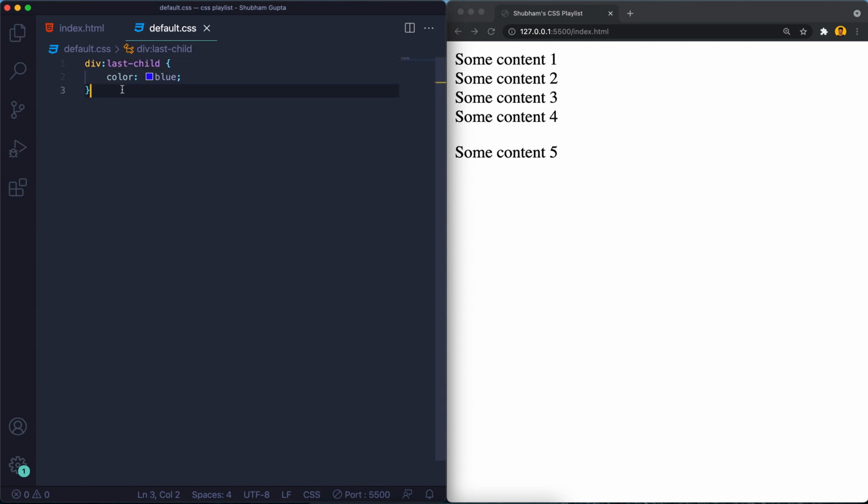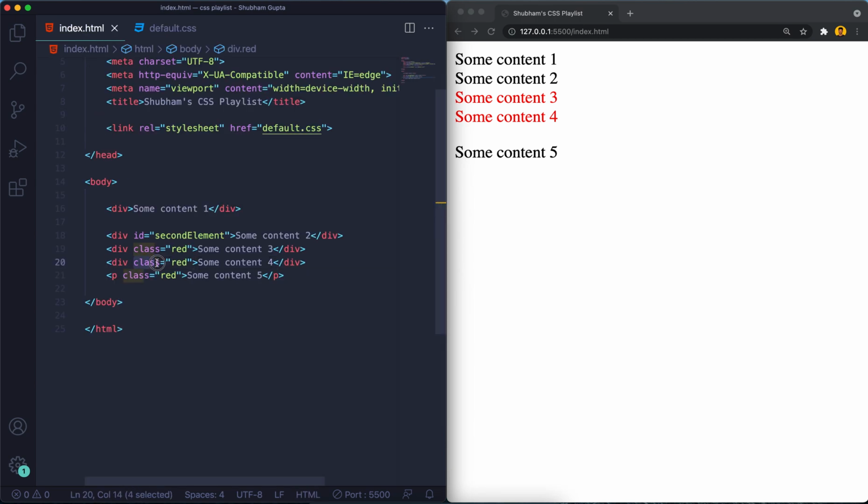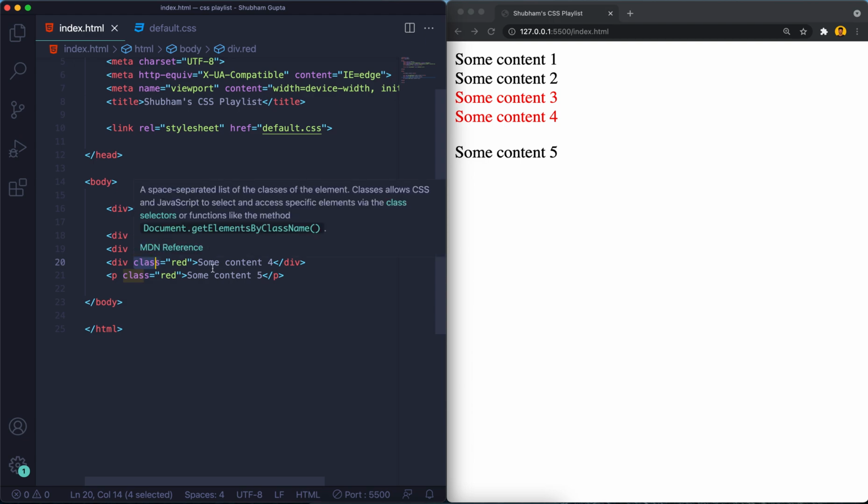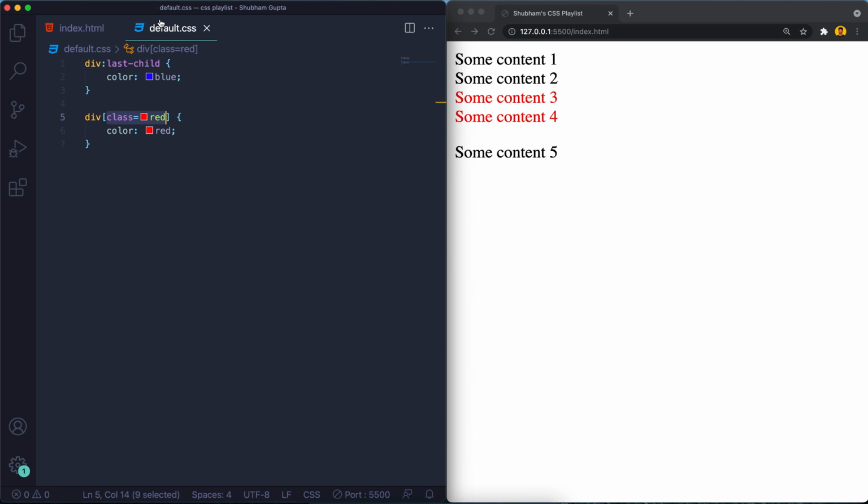We can also use a div which has class red to get color red. So this will also work. This is another way, by using the attribute. Whatever you have given in the attribute, not just id and class, anything else, if it equals this value, we can use it this way. And this is what we widely use in forms. So these are the ways of selectors.